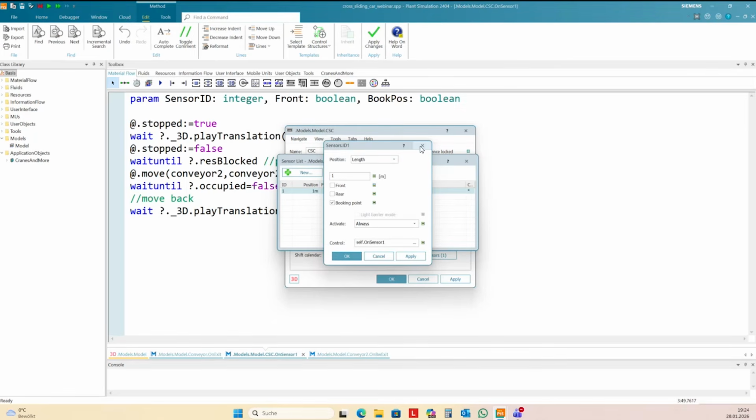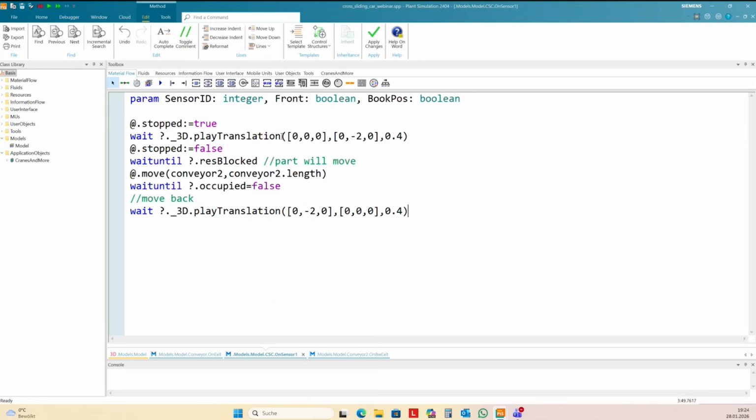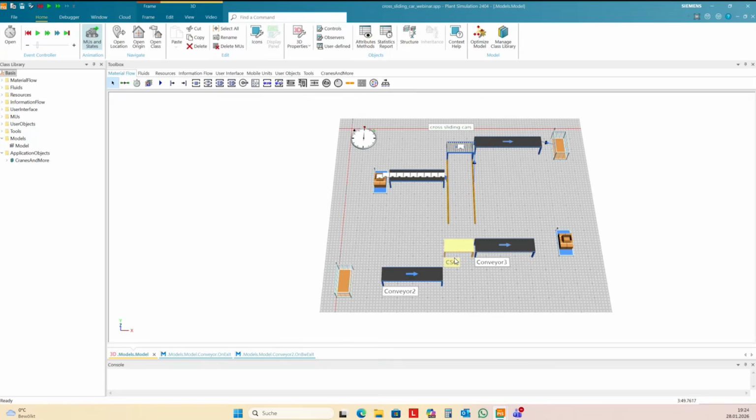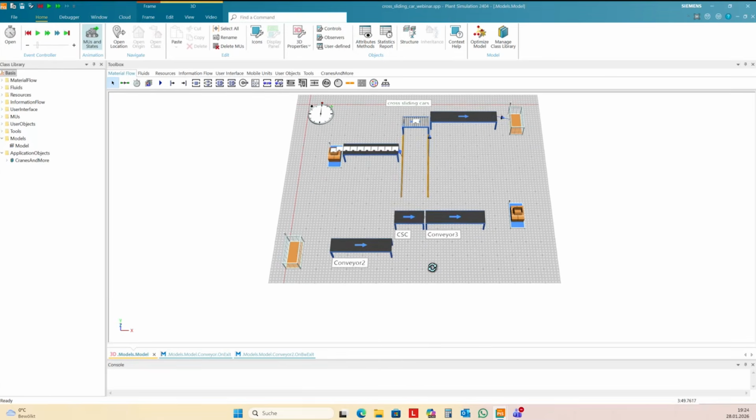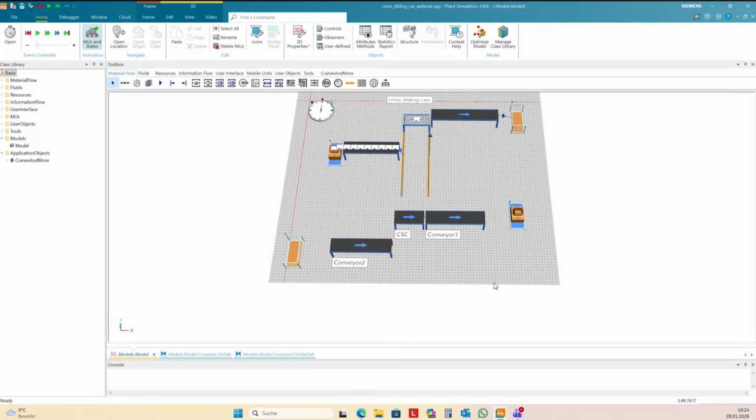With play rotation, you can turn the complete conveyor and model, for instance, that you need to turn this cross-sliding car while it's moving. Okay, this is the second way to model a cross-sliding car.